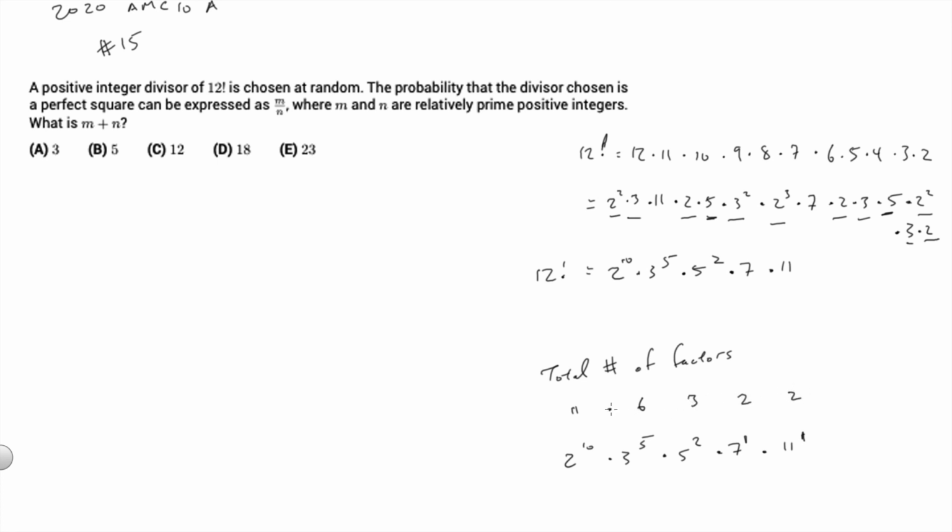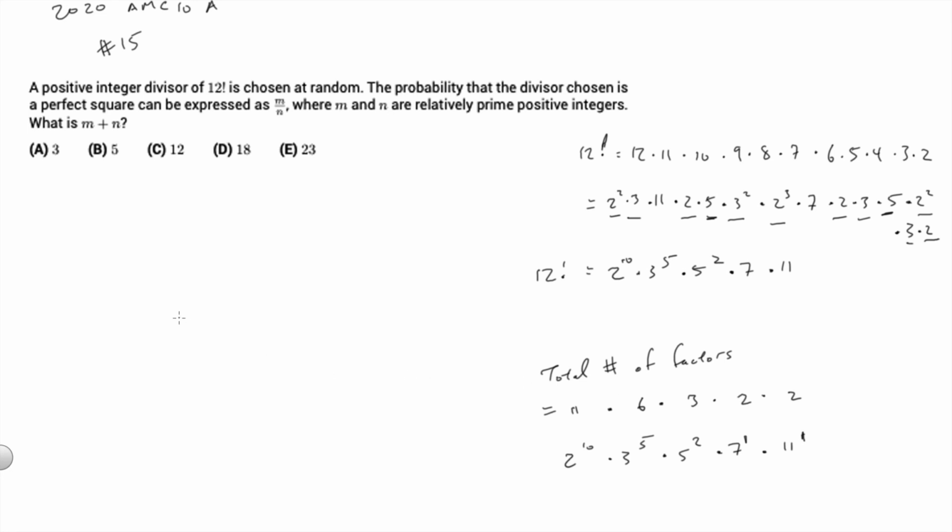And we're going to multiply all of these together. And this will be the total number of factors in 12 factorial. So we're going to leave it like this for now: 11 times 6 times 3 times 2 times 2. Okay. So now,